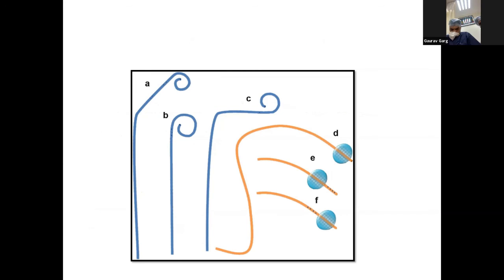These are the pictures of pigtail catheters. B is the usual pigtail. A is the angled pigtail, which is sometimes but not very commonly used, for example in mid-LV angiography. C is the reverse angled pigtail. D is the wedge catheter, known as the Swan-Ganz catheter. F is the typical Berman catheter, which has a balloon at the tip and proximally there are holes. And E is the reverse.